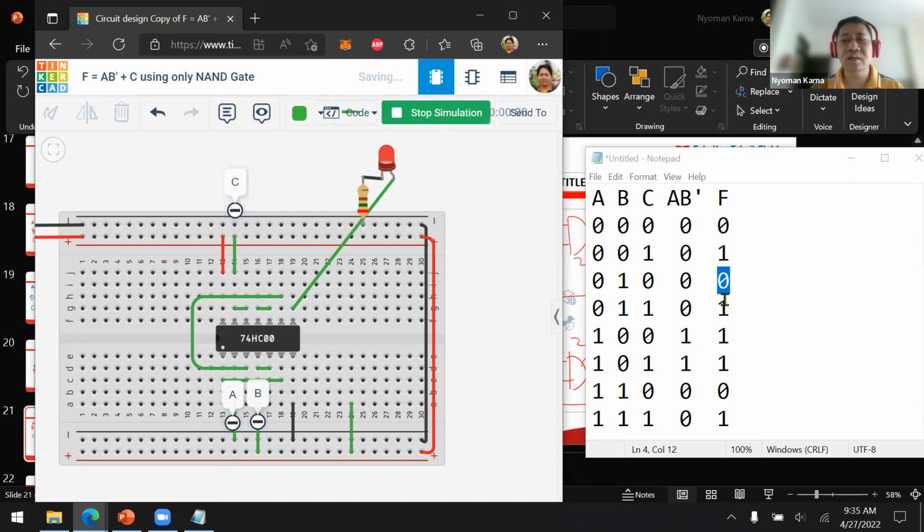0, 1, 1. Start simulation, off, on there, and then 1, 0, 0.